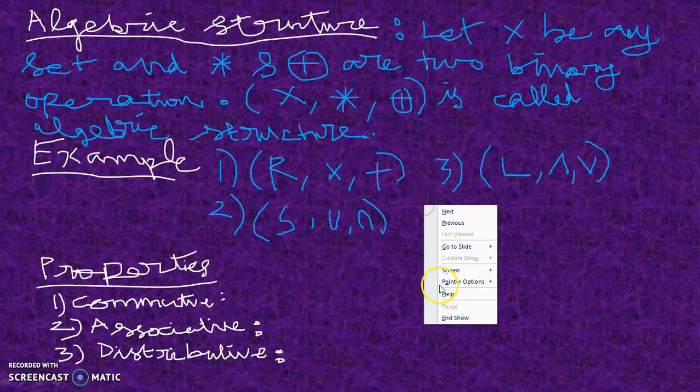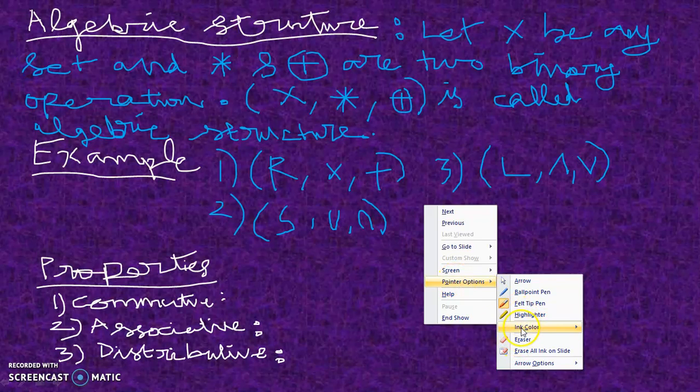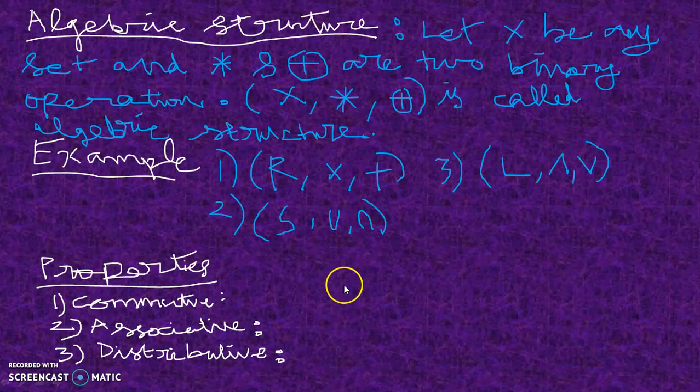Now let me take another ink so that it will be very easy for you to differentiate the properties and other things. Okay, so I will take a red color now, so definitely it will be very understandable for you. What does the commutative property say? For all x, y, two elements belonging to the algebraic structure, x is a set, implies